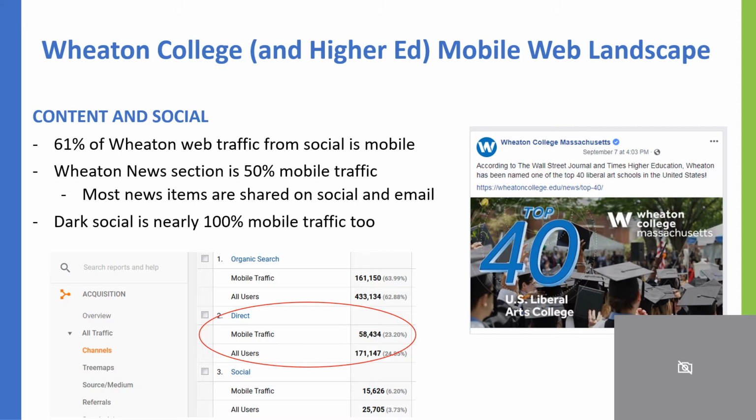Our news section, a lot of which is shared on social and via email, the majority of that traffic is on mobile. And lastly, alluding to what I mentioned earlier in terms of most social traffic being mobile, dark social is nearly 100% mobile traffic. Dark social is when users are sharing links and other content via messaging applications.